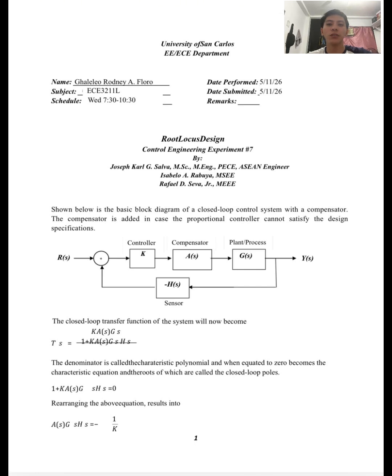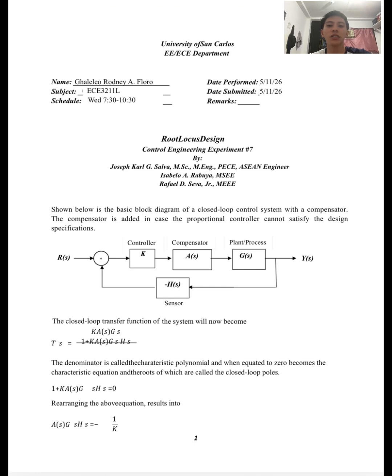Unlike the previous experiment in our lab report 6, this setup includes a compensator A of S together with the controller gain K, the plant G of S, and the feedback sensor H of S. The purpose of the compensator is to improve the system performance when a simple proportional controller alone cannot satisfy the